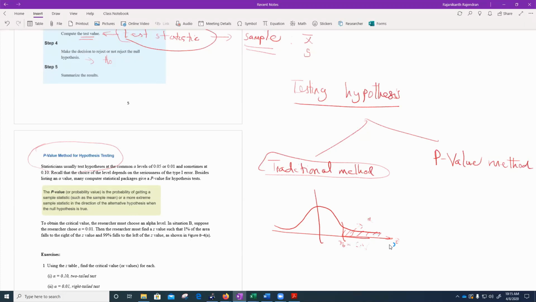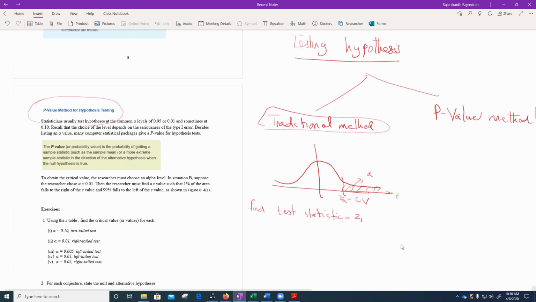How are we going to take the decision whether to reject H naught or not? This is the way. First, find the critical value, then find your test statistics. Okay, so you'll be given a formula, so you will find this value. This is just a number, okay, just a value. So say this value is, I don't know, say C1. Now the thing is, if this value